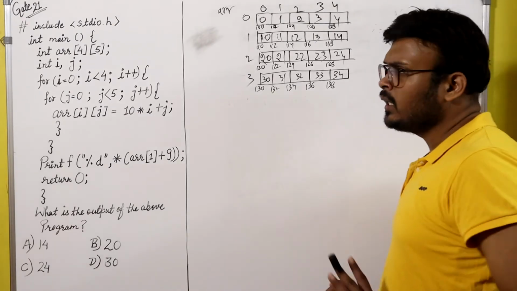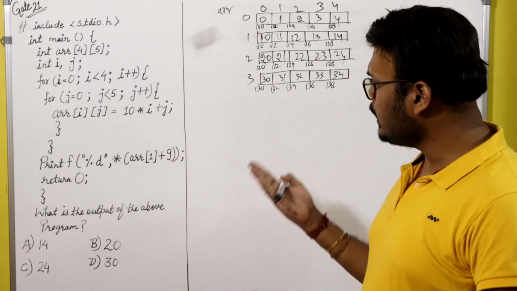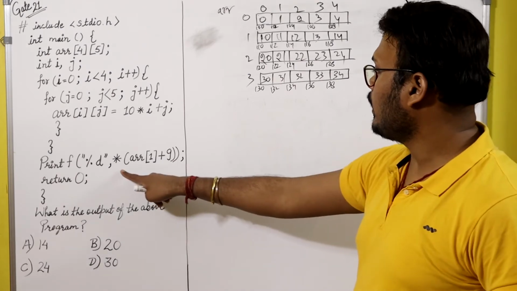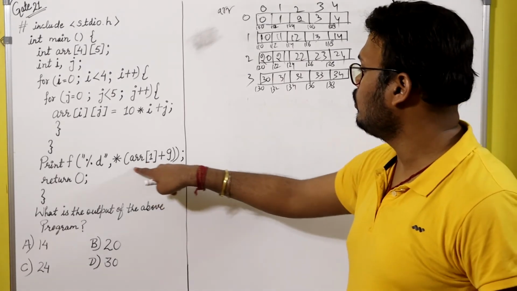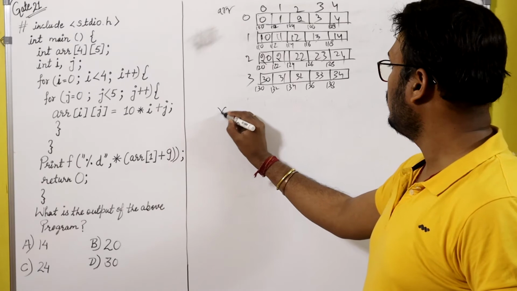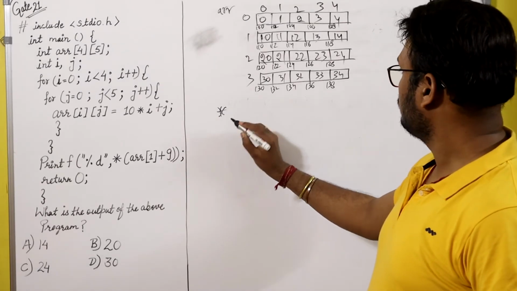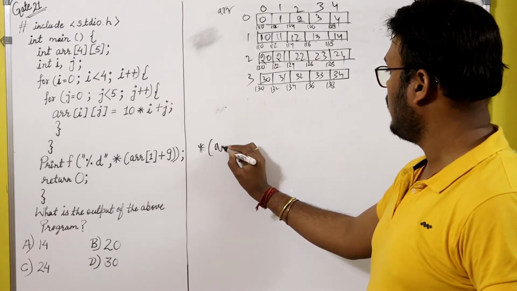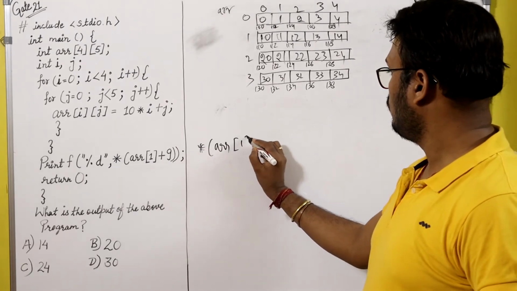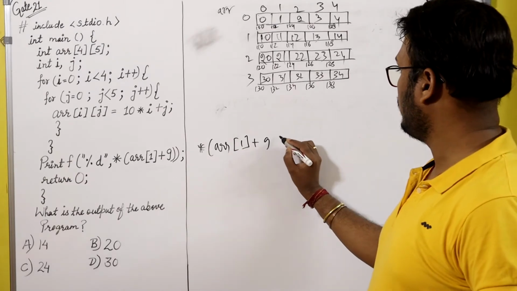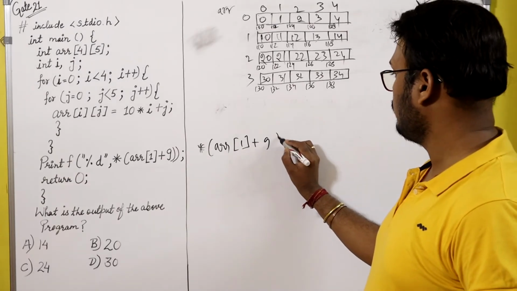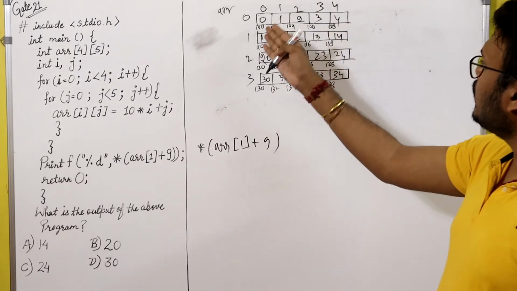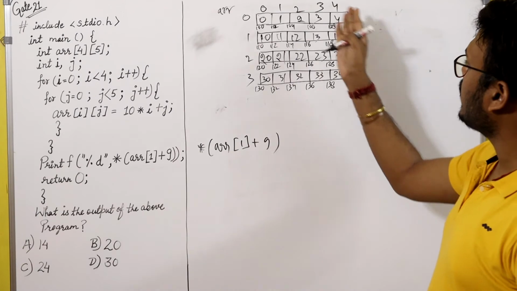Okay, I have written the address also, but I don't know whether it is required or not. But for your convenience, I have written it. So now what they are asking is to find out this value. Let's write it. Star of array of 1 plus 9. Here you see, although the logical representation of this 2D array is like this, but